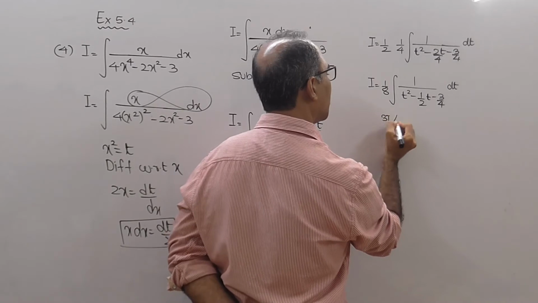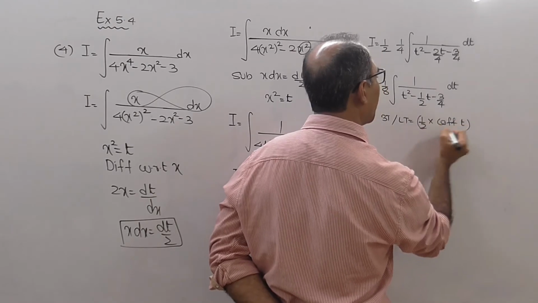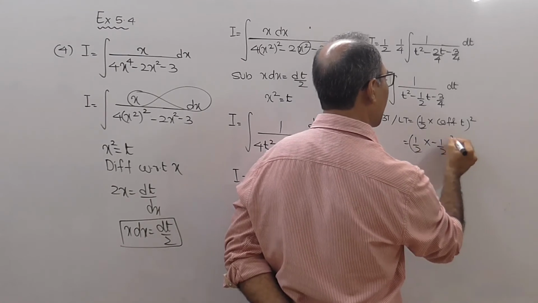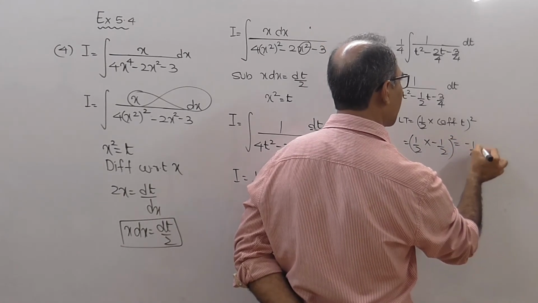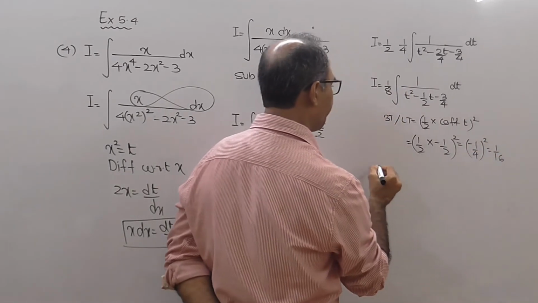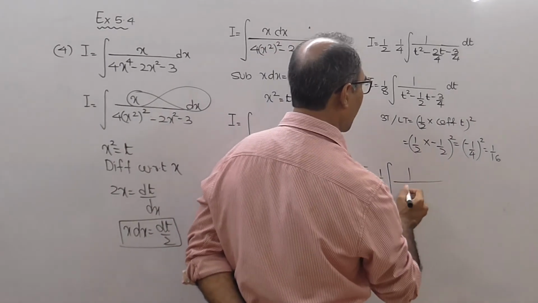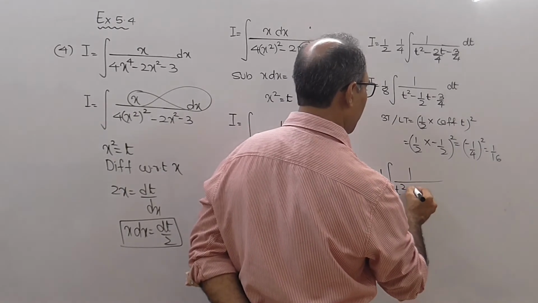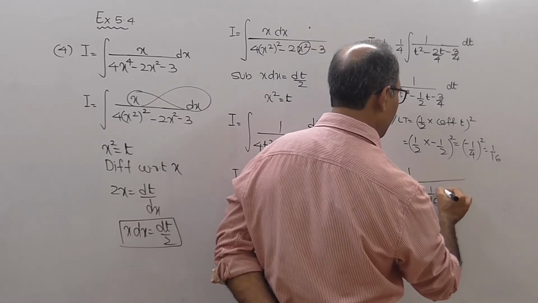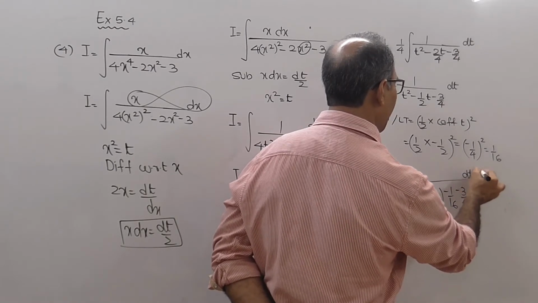Find the third term. Third term is also called as the last term. That is equal to half into coefficient of t the whole square. That is equal to half into minus half the whole square. I think that is minus 1 upon 4 the whole square. I think the answer will be 1 by 16. So I equal to 1 upon 8 integration 1 upon, this is t square minus half t plus 1 by 16. 1 by 16 का rectification will be minus 1 by 16 and this will be minus 3 by 4 and this will be dt.